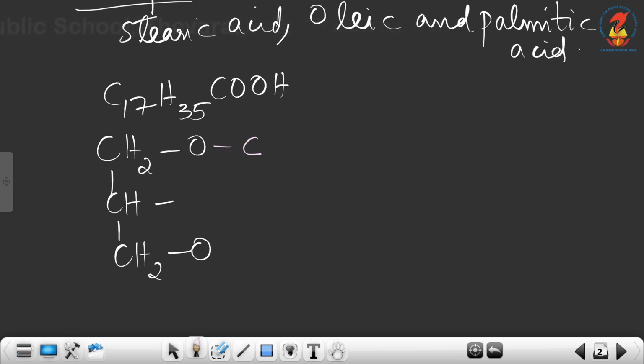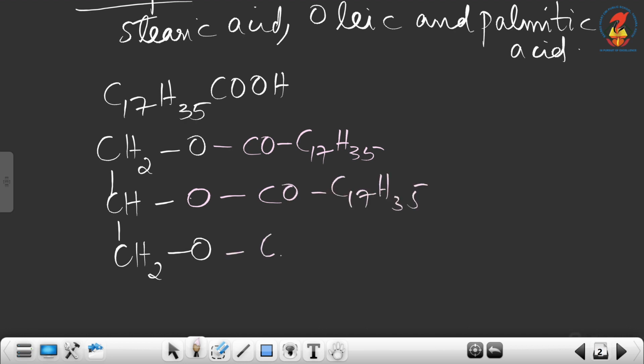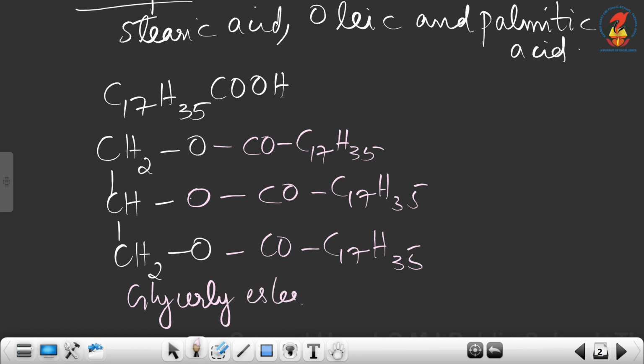So, I am going to write C17H35. Now, here also CHO, C17H35, C17H35. Now, this is our glyceryl ester of